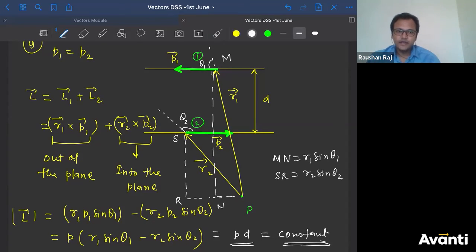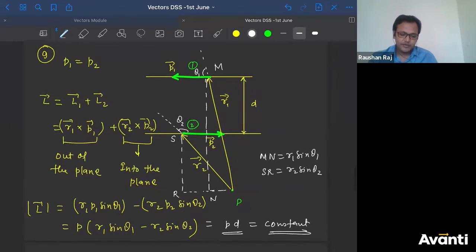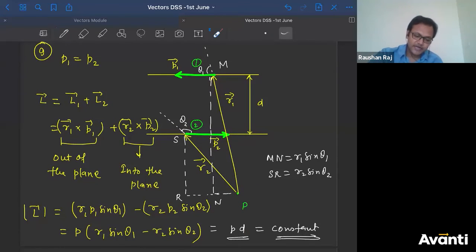Got it, guys? So I know this is a bit lengthier or a bit confusing for you, because it's the first time you might be doing this kind of analysis, okay? Because you have not studied angular momentum yet. But try to understand this at home. Try to go through this particular figure one more time and work it out on your own. How did I write this as R2 sin theta? How did I write this R1 sin theta? Please draw a bigger diagram and try to figure out the lengths. You'll get the answer. Surely you will get the answer.